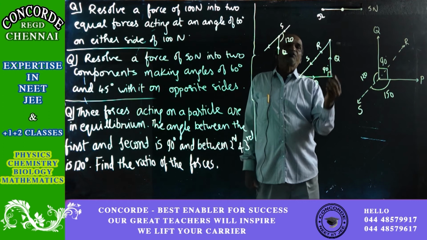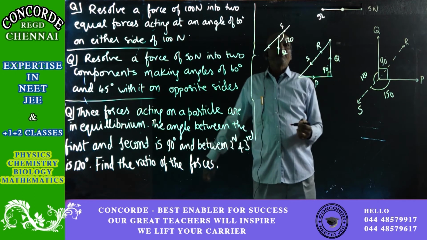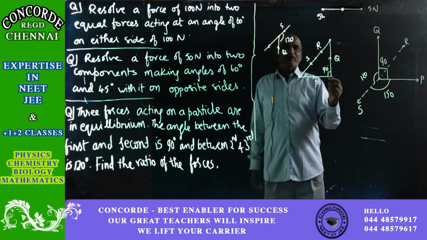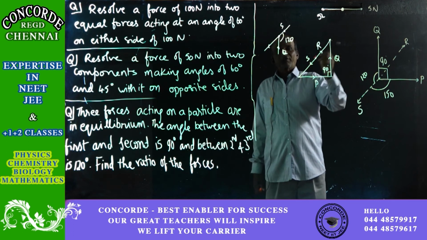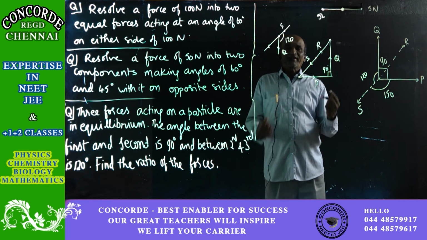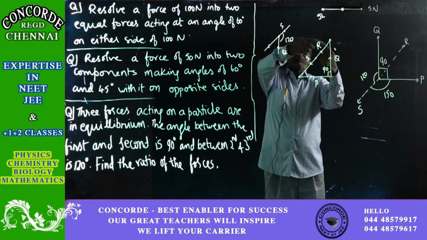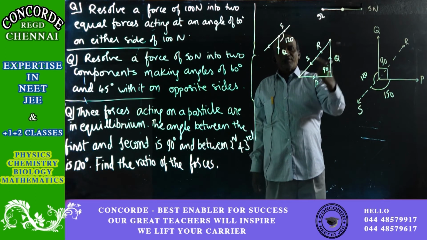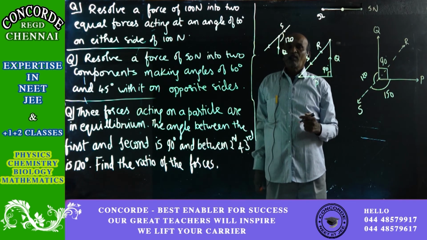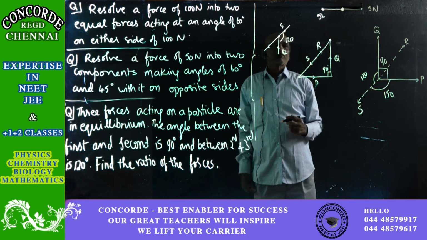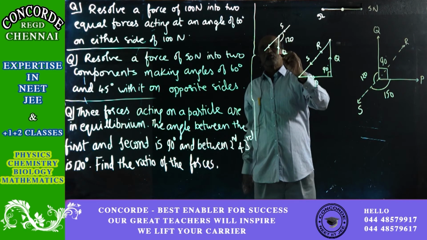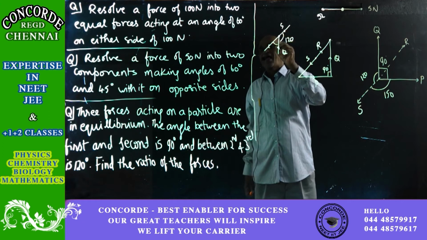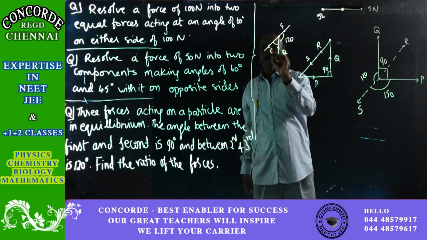Whereas in the triangle, you can see that Q is approaching the point and S is moving away from the point. See, for 120 degrees, both should approach the point or both should move away. But here one is approaching and the other one is moving away. So, in that case, what you need to do is, Q is approaching the point, the other force is moving away, so we need to find what this angle is. Total angle is 180, out of which 120 is gone, means the remaining is 60.